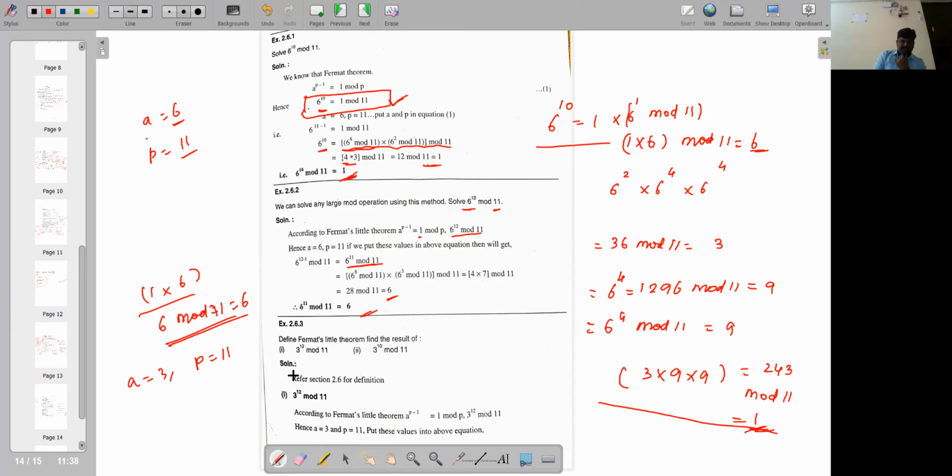You are not audible, Anushka. You are trying to say something. Let me know the results in the chat box, or you can unmute and say the answer. The first is 1. First is 9. The answer for the first question is 9. Is it, Imran? You are referring to that? How many of you solved that? Any difficulties? I'm waiting for your replies.